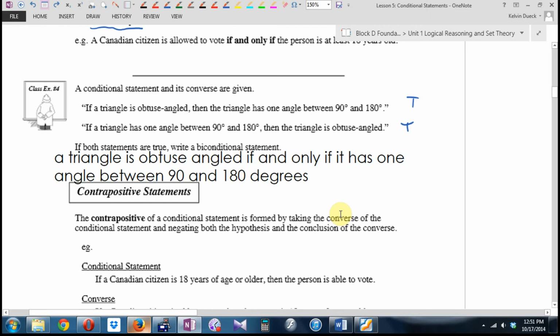So, we have conditional statements. We have the converse, reverse the if and the then. We have biconditional, where the converse and the conditional are both true. Last one,